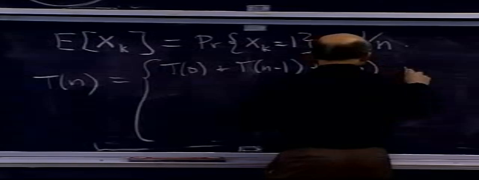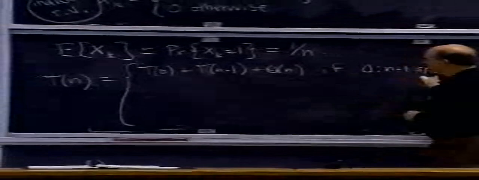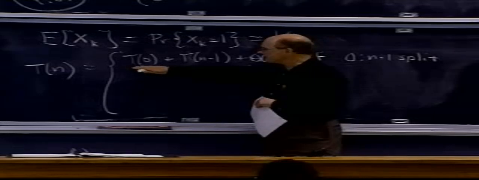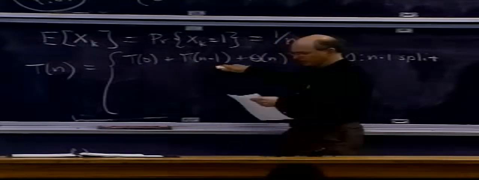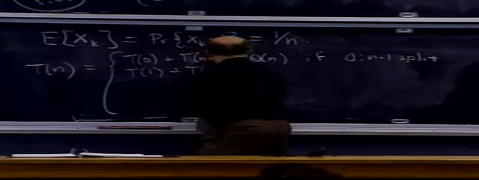The first one is T(0) plus T(n minus 1) plus Theta(n) if I get a 0 to n minus 1 split. So if I get a 0 to n minus 1 split, the random variable is whatever I get on T(0), we know that's constant but I'm not going to do that substitution at this point, plus T(n minus 1). I may get a T(1) plus T(n minus 2) plus Theta(n)